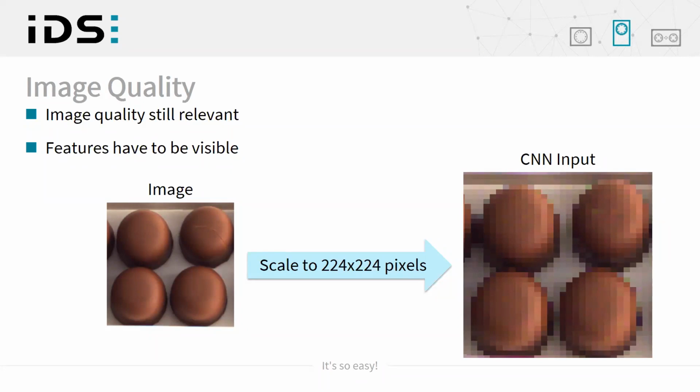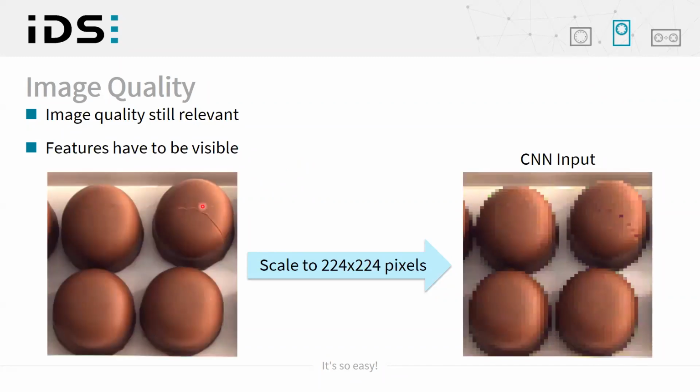It's a very simple statement, of course, but please keep in mind that the neural network scales down images in order to process them, most likely to something like 224 times 224 pixels. And if you choose an image crop that's too large, and you would like to detect this crack here in the image, then probably there is no way for the neural network to learn anything from this image. So here we have the crack we'd like to detect. Just realized that I didn't switch on my laser pointer. And here you don't see it anymore because the downscaling was too strong. Good. So rule number one, it's obvious, but the features have to be visible for the algorithm.